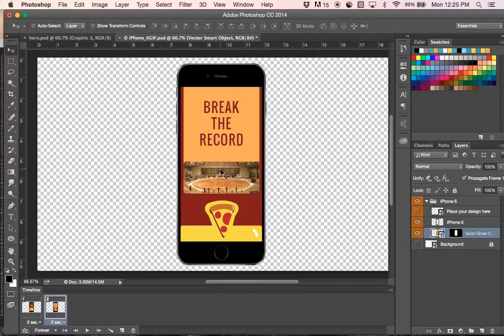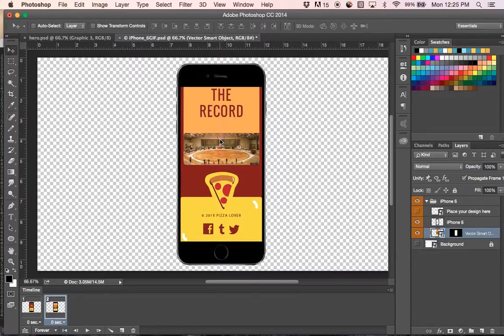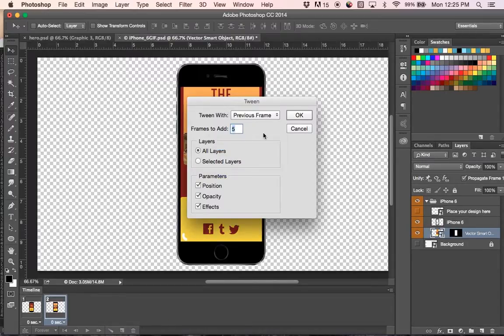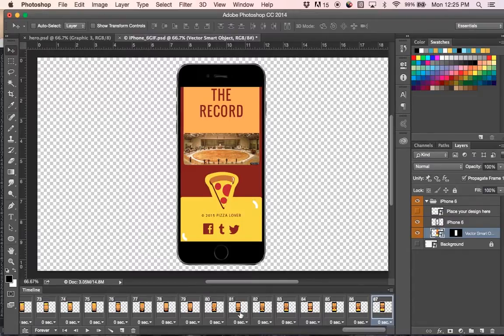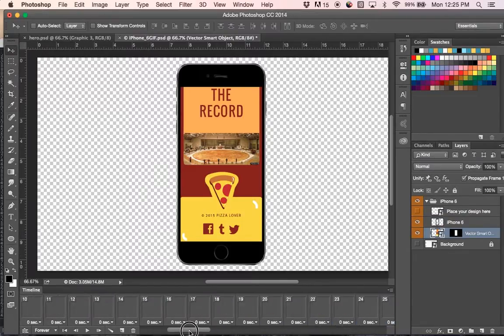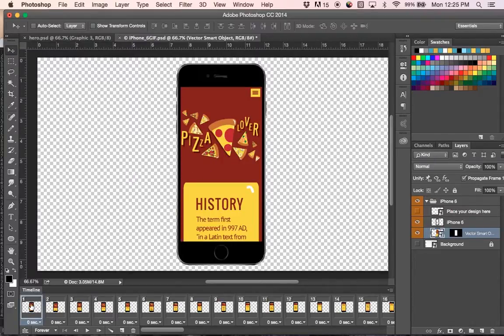And you're going to scroll all the way to the bottom of your design. Here's where it gets really awesome and easy. You're just going to hit Tween Animation Frames. It's going to pop up a dialog box. And depending on how tall your design is, maybe how many frames you use, you can experiment with this. I'm going to say 85 and hit OK. And you can see here that it's created an 85 frame animation of your GIF. So if I hit play,